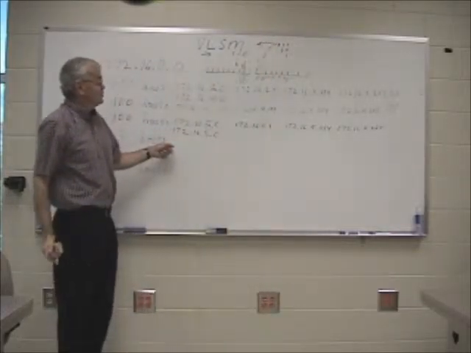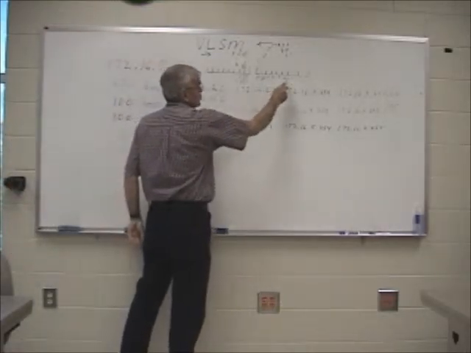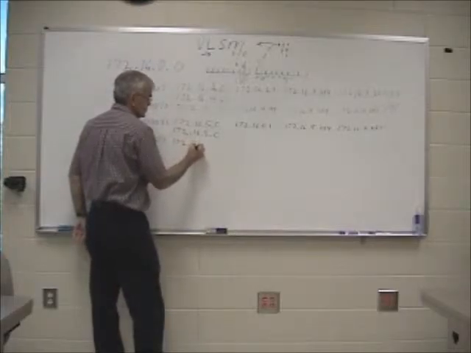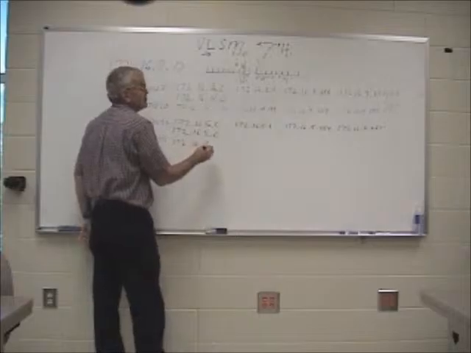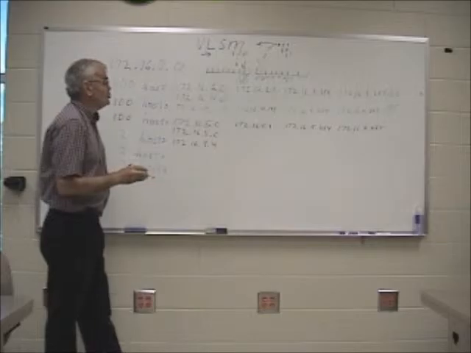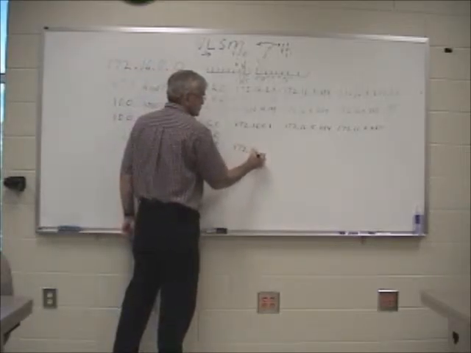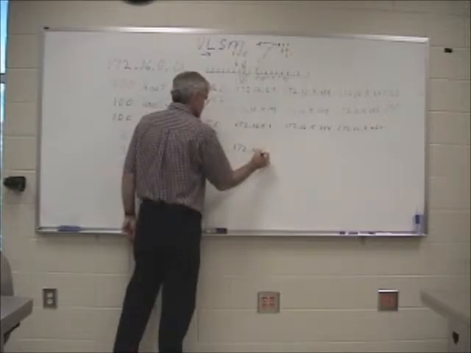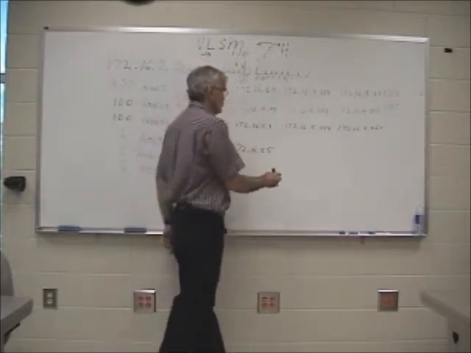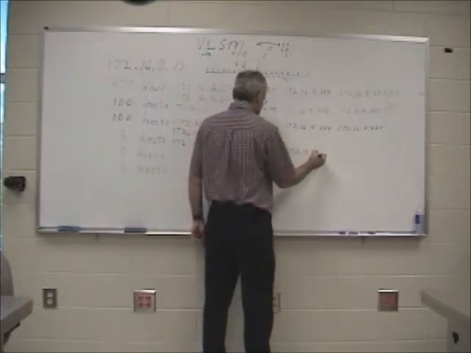So for this first one then, because we're borrowing that many bits, we're again looking at, we're putting a 1 in the 4s here. So it's going to be the 172.16.8.4 as the subnet address. Host, first usable host, 172.16.8.5. Second usable host, which also happens to be our last usable host, is